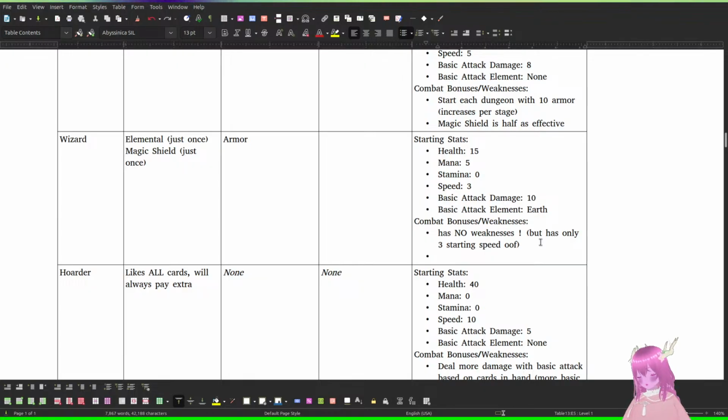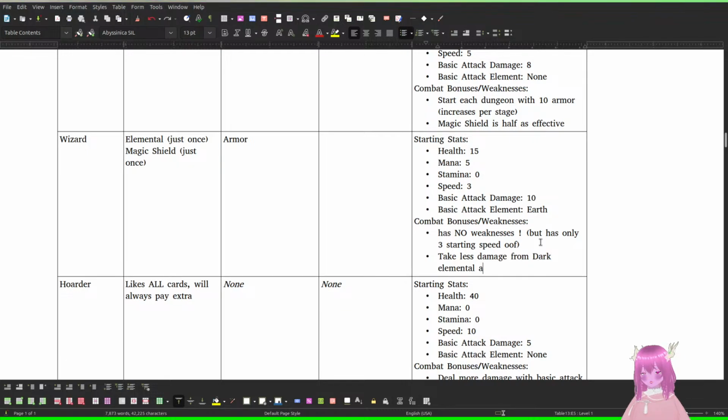I mean, I think it'll just be like, maybe the wizard will have a purification aspect to them where they take less damage from dark elemental attacks.